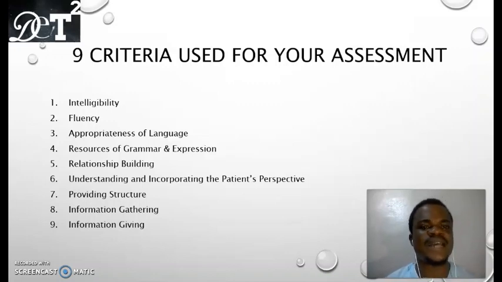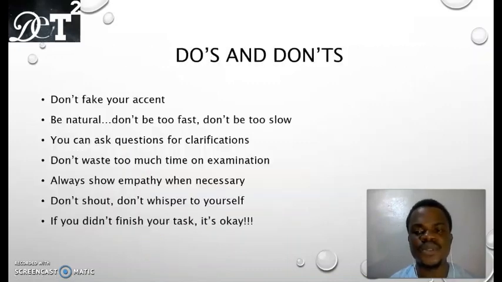Let's say the patient is angry and aggressive. You should not just start saying, "Abeg, please calm down, please." No, you should allow the patient to vent his or her anger before you come in and say, "Oh, please calm down," and then you continue with what you want to say. So for the clinical criteria from number 5 to number 9, for each of them, they award 0 to 3 marks. So you should know the things that you should do and things that you should not do